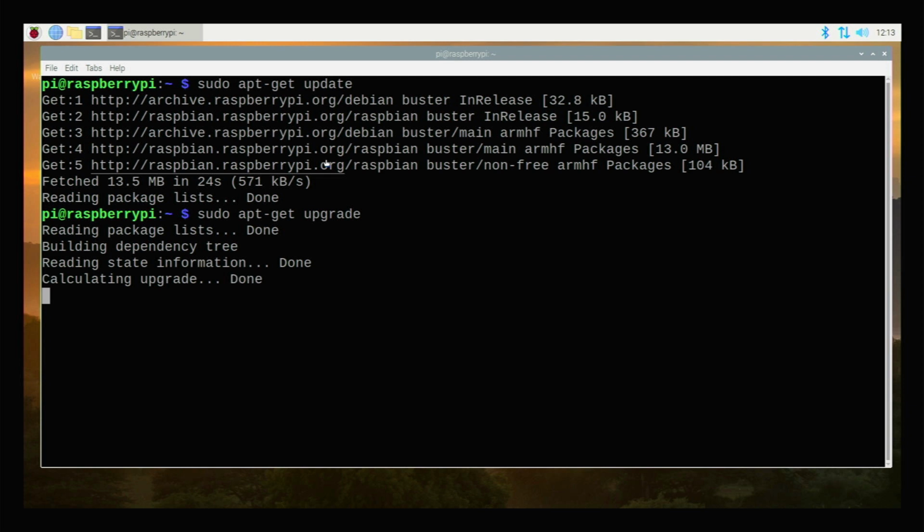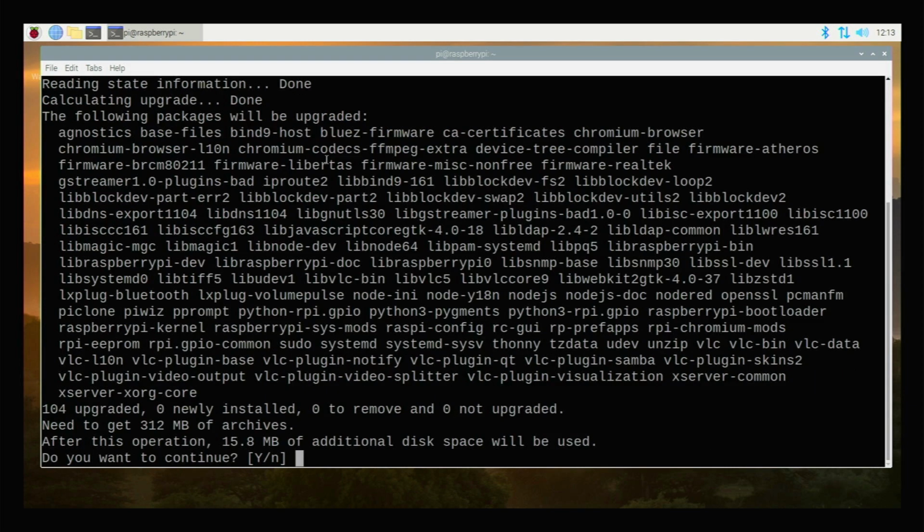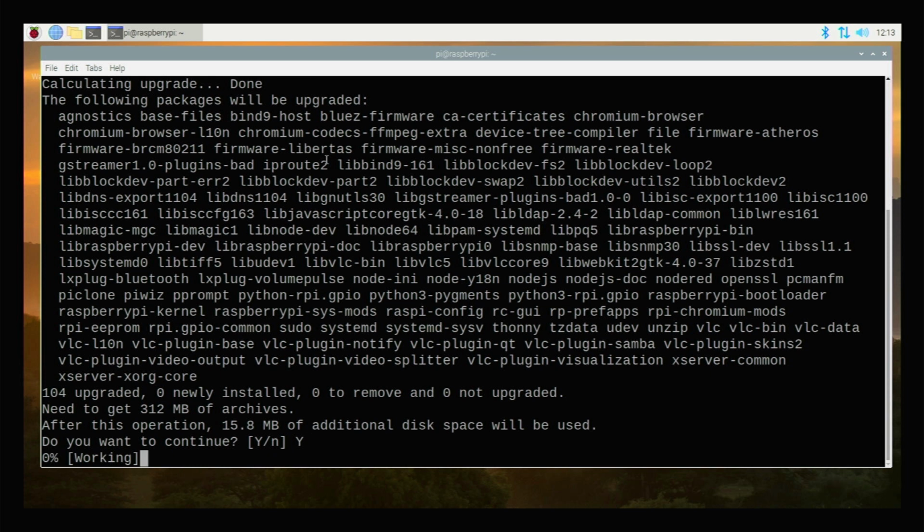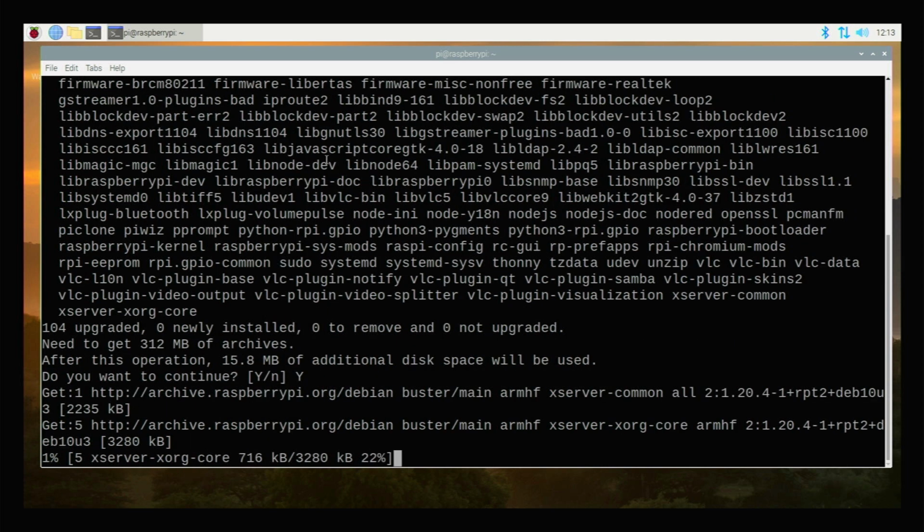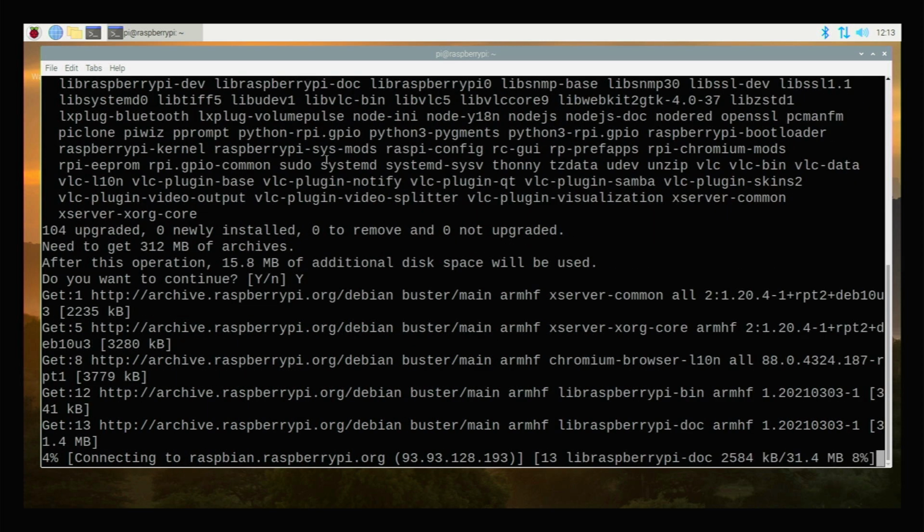So it will now pull the newest packages. You need to confirm. As you can see, for this device to be up to date, it needs to get 16 megabytes of additional packages. So it will finish in a second.